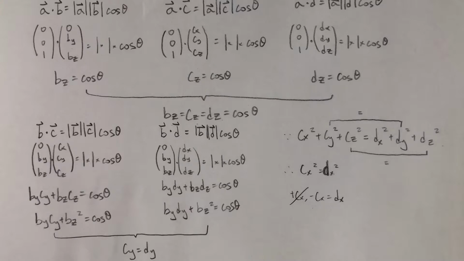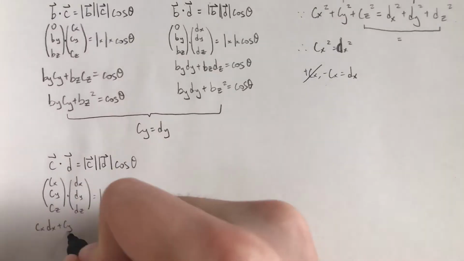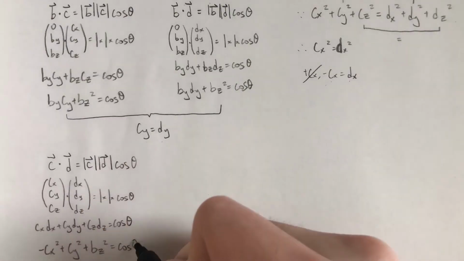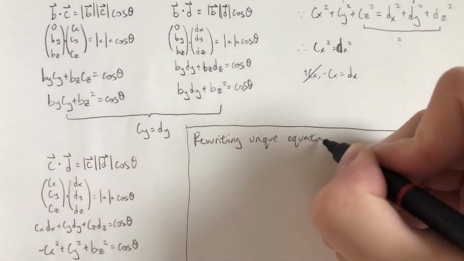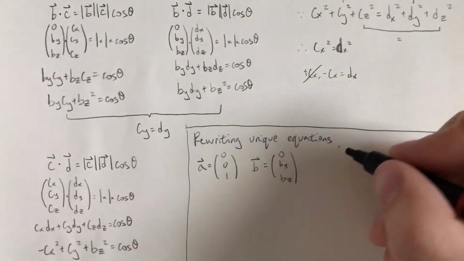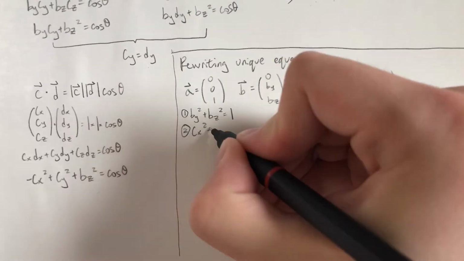Finally, we can write the dot product equation of vectors C and D and substitute some equivalent variables in them as well. Since we equated some variables and used some equations, let's rewrite our vectors and unique equations left. We have eliminated 4 variables from the vector components, namely the z component of C and all 3 components of D. We have 5 unique equations remaining, equations derived from the magnitude equation of B, the magnitude equation of C,